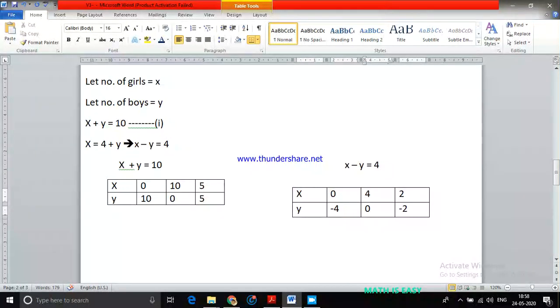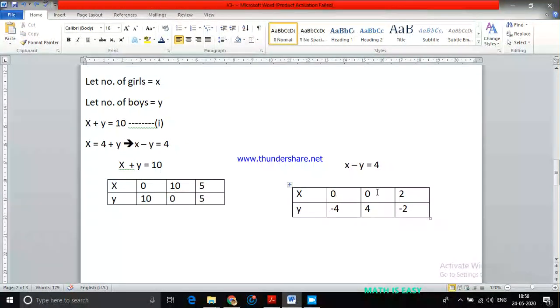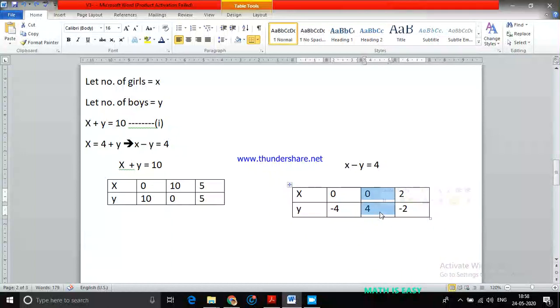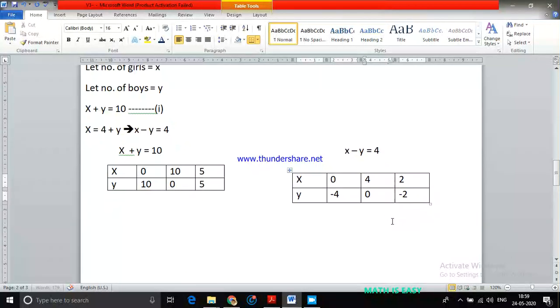How did I come to know that I have done it wrong? Here I take x is 0, I got y is minus 4. Again I have taken x is 0, then I got y is plus 4. Is it possible for the same value of x to give different values of y at different times? No, that's why I thought this must be wrong. So it's not 14, this is 4. Done. So my next point is 4 comma 0.